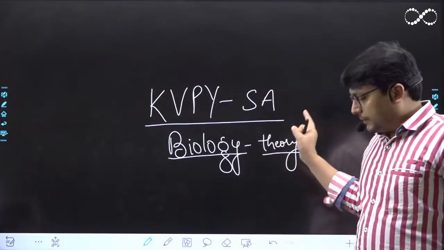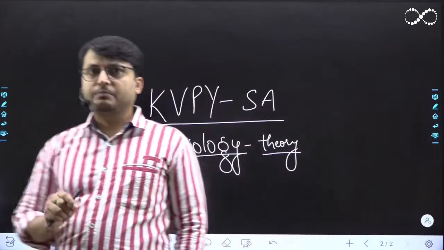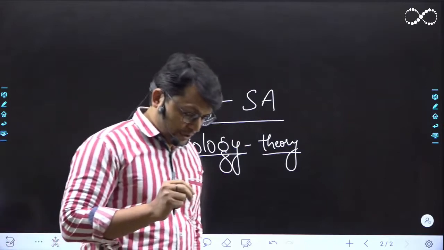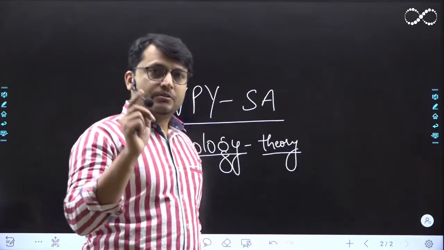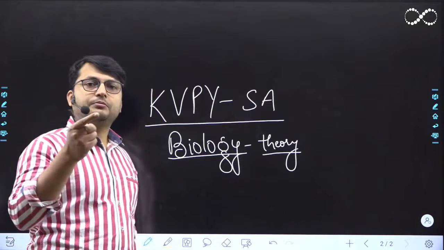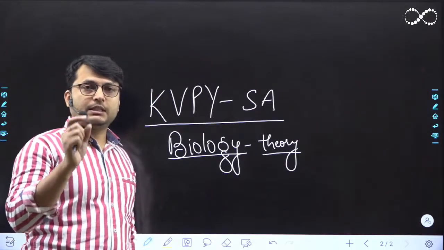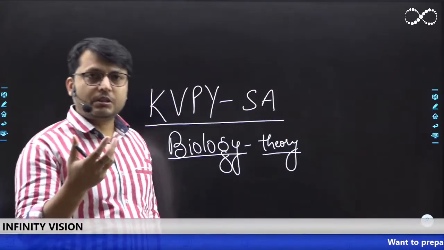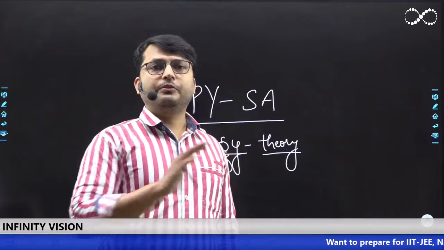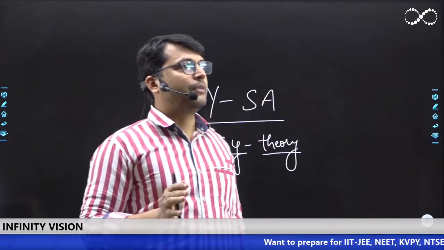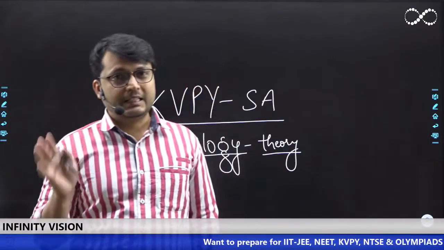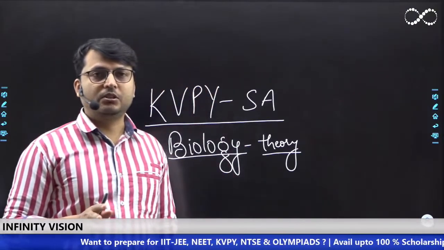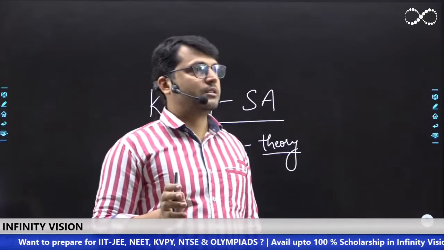Now, in the previous class, what we were doing is breathing and exchange of gases, correct? That was the second part of the human physiology. And during that class, we have already finished the first aspect of it, that is breathing, right? Inhalation, exhalation, mechanism of it, what are different volumes, respiratory capacities. This all we have already covered in the previous class. Now let me know if any of you have any doubt regarding that, or whatsoever we have covered in this KVPY biology series. Do let me know, we will discuss it.